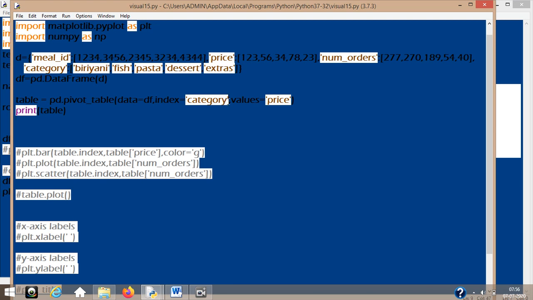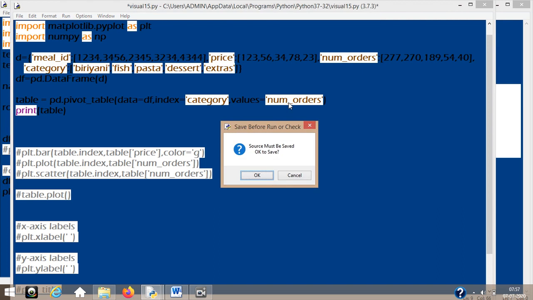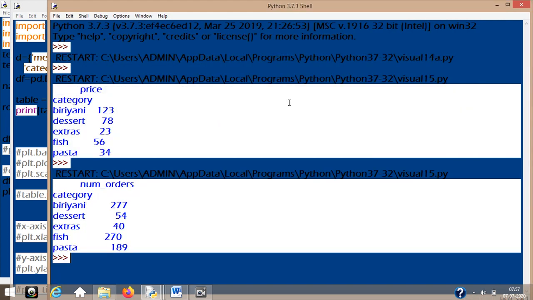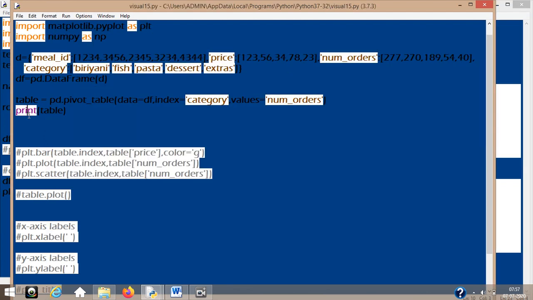So I pivoted to see which one is having this option. I can also change this values to num order, so only that will come in pivot table. Of course, need to be very careful. So it got changed to that. So my plan is to pivot the table so that I can categorize or segregate my data frame into separate sections. If you want, you can try different pivoting, and try one by one using different graphs. Okay. So here let's not change the index and values.